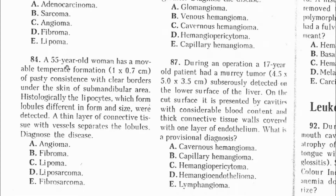84. A 55-year-old woman has a movable formation of pasty consistence with clear borders under the skin of the submandibular area. Histologically, the lipocytes, which form lobules different in form and size, were detected. A thin layer of connective tissue with vessels separates the lobules. Diagnose the disease. Now, the answer here is lipo...